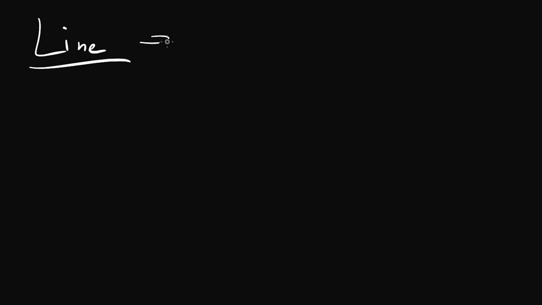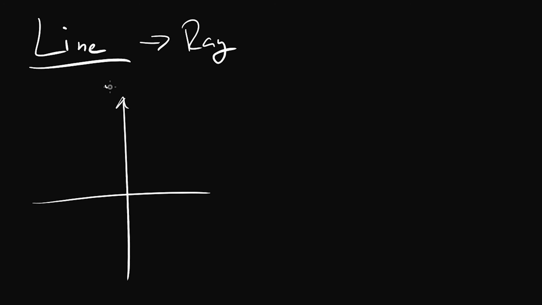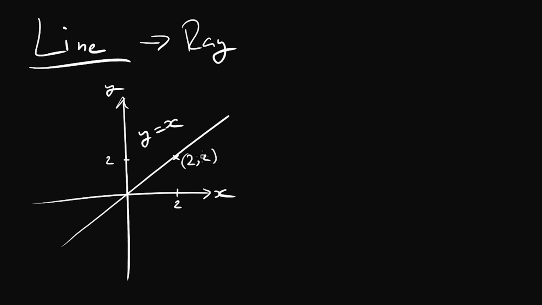A line and a ray are kind of similar, but they can be interpreted differently depending on how you look at it. If we draw a basic Cartesian plane here, where we have a y-axis and an x-axis, one of the simplest equations we can possibly draw is a line like this, which has the equation y equals x. What this means is that for any given x value, so let's just say x is 2 over here, y is equal to x. So y will also be 2, and we know that for any point along this line, the x and the y values will be identical.